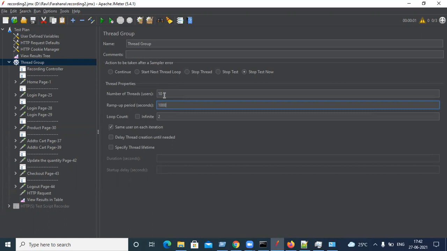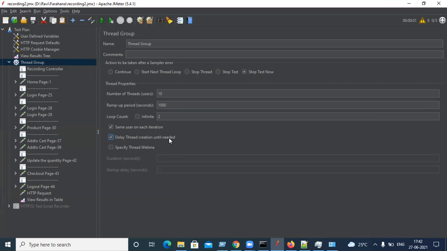So in our case, the second user or the 10th user will come after 1,000 seconds. Till that time, we don't require memory. Even though the first user comes in 1 second, that memory can be used for the second or third also. We don't have to block memory for all 10 users, correct? So in that case, we can use this option, delay thread creation until needed.